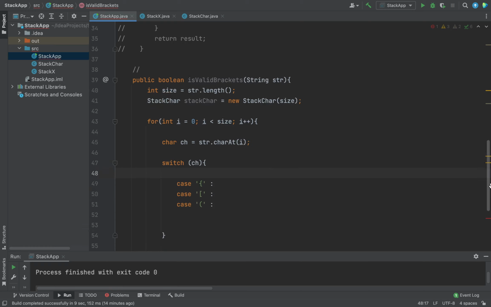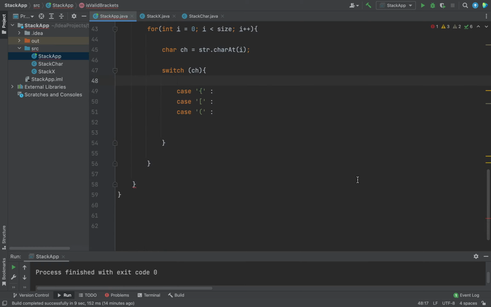Now, as you guys know, in a switch, in a case, you can put the code that you want to execute in this line. So let's say that I forget to use a break, then this code will be executed in this case. But if I don't use a break, it will fall through to the second case, and this code will be executed on the second case, on the third one, and so on until it finds a break. Okay, so we're going to take advantage of the fall through, and if any of these three cases is found,